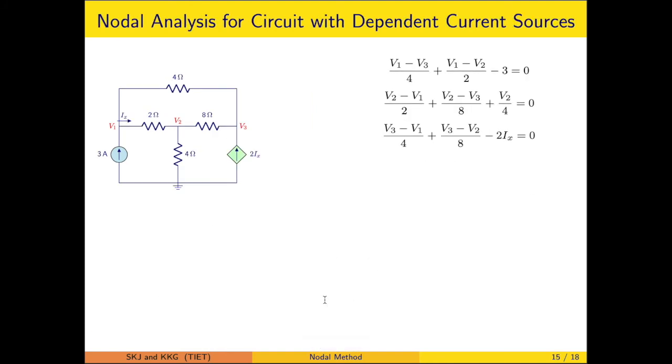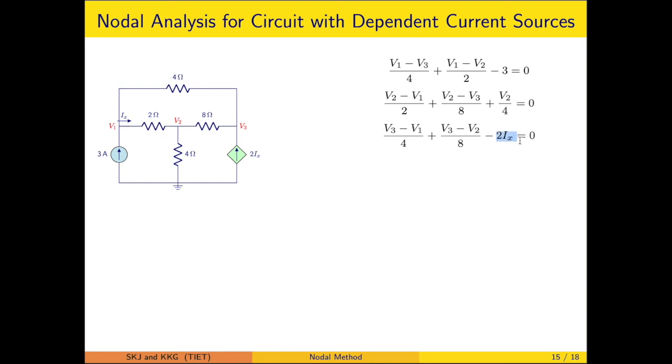Now we are extending it to a situation where dependent current sources are present. So you can say one of the sources is replaced by a dependent current source. Here the equations are to be developed on similar lines, no special care as such. You are simply treating this as a source. So the equation is coming out to be like this.